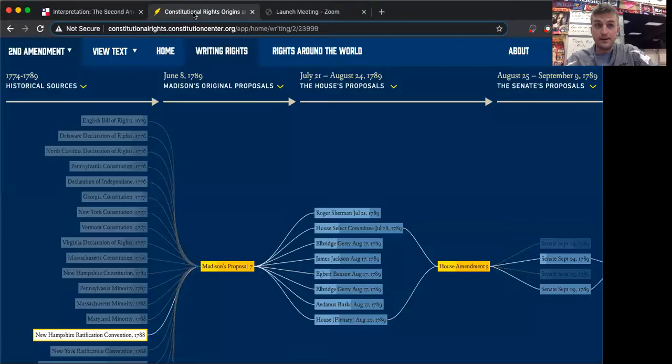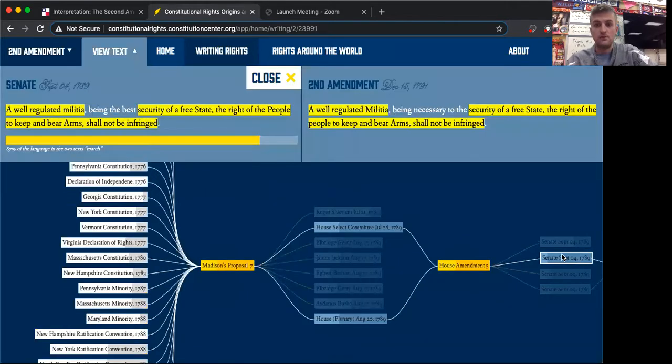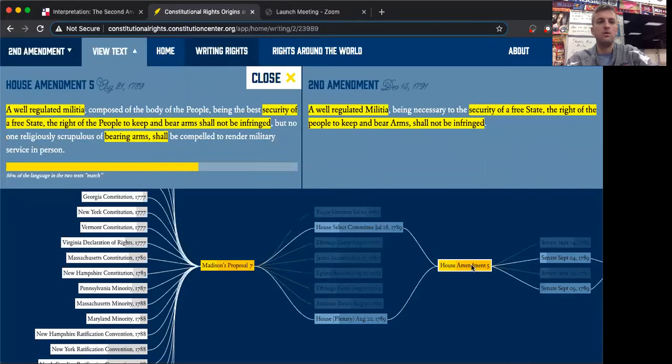And finally, this resource is even cooler, if I'm honest. I mean, this will give you kind of like how the Second Amendment essentially got drawn up. So you see on the right the wording of the Second Amendment here. Okay, that's from 1791. And then you can look at how the Second Amendment has changed throughout time. So it looks like on December 17th, 1791, that's what it ultimately ended up being.